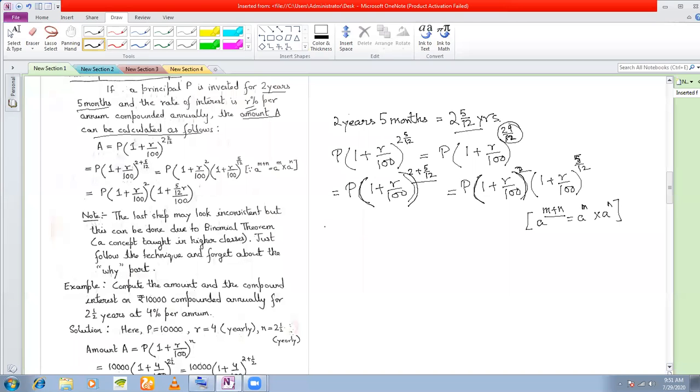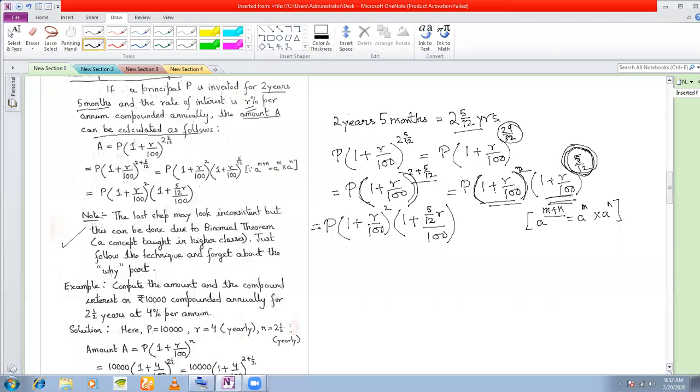Okay. Now the question is, this can be calculated very easily. What about this? In such a case, in order to calculate this fractional power, as I have mentioned, you just need to know the technique. You don't need to understand why right now. What we do is, in order to remove this power 5 by 12, we take this 5 by 12 power and we multiply by r. This is what happens. So I have been able to remove this power now.